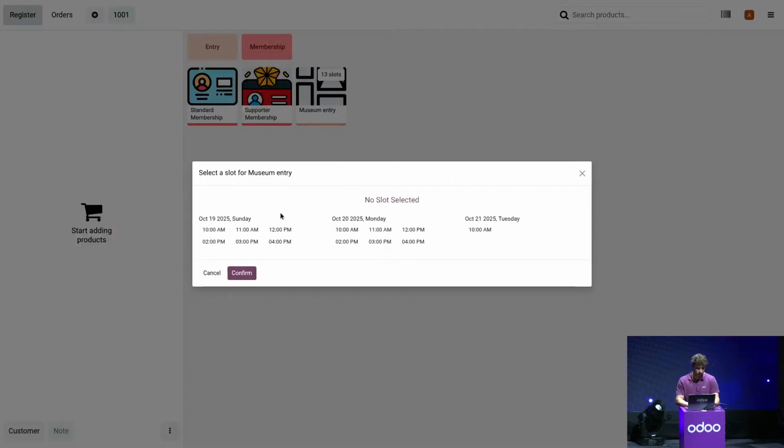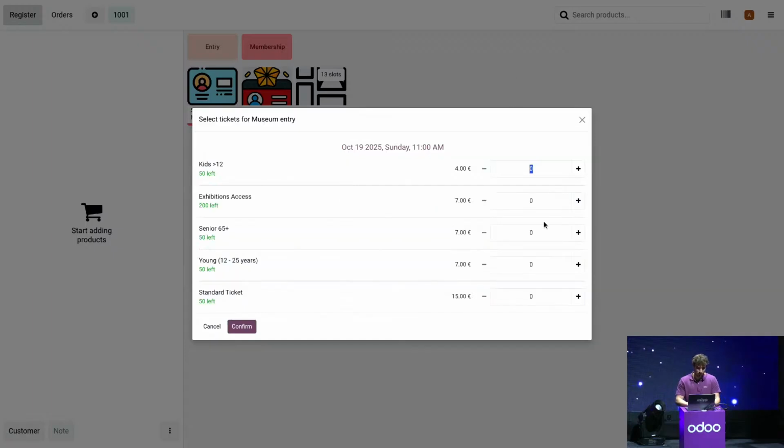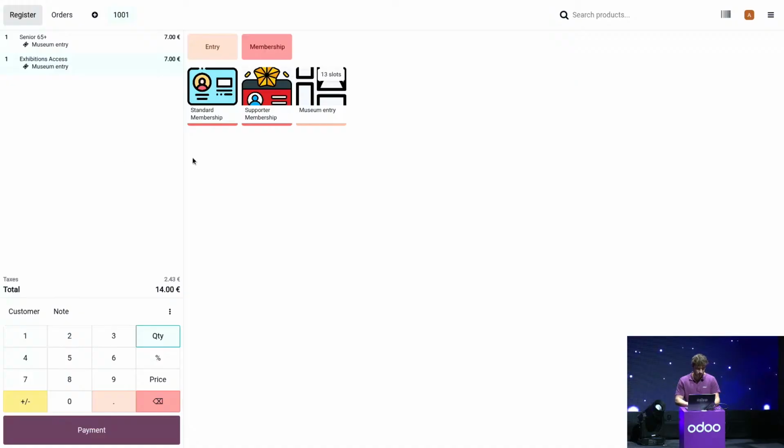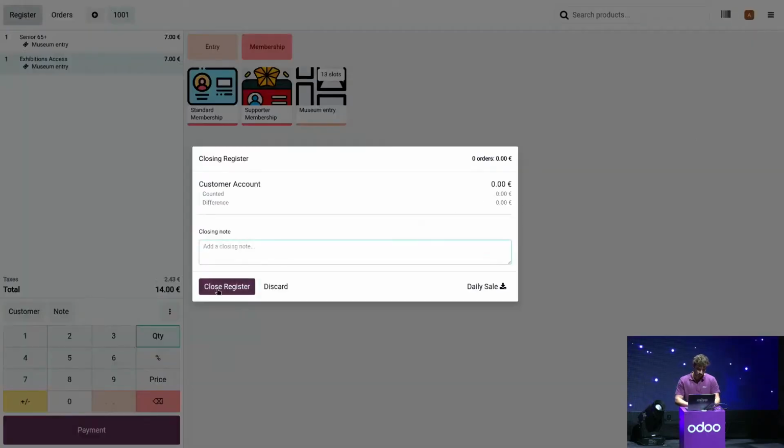When you click on entry, you can select the slot that you want to buy or sell a museum entry at, and then the kind of tickets that you are selling. And then confirm, give the name of the customer, and then everything will be there, and then they will pay and you will print the ticket. So it's very easy. I will just close this register and show you